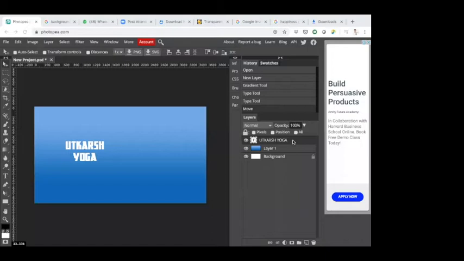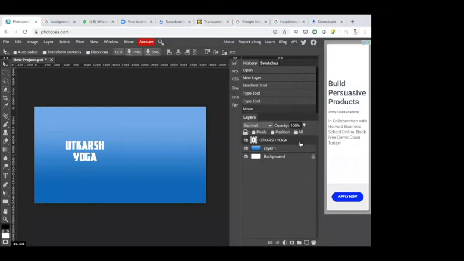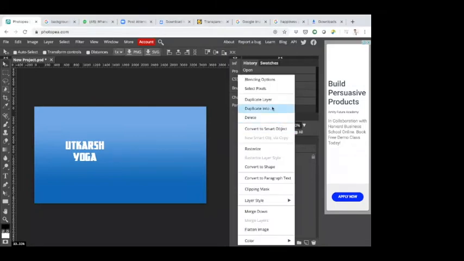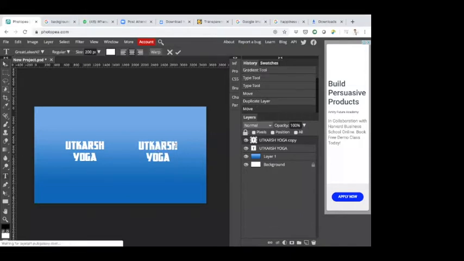All right. Now we have to right click. I am a little lazy person, which is why I'm not going to do the same thing again. Duplicating the layer and keeping it here. All right. Now click on the type tool again. Select this part and type Medha. All right. Now we have the text ready.